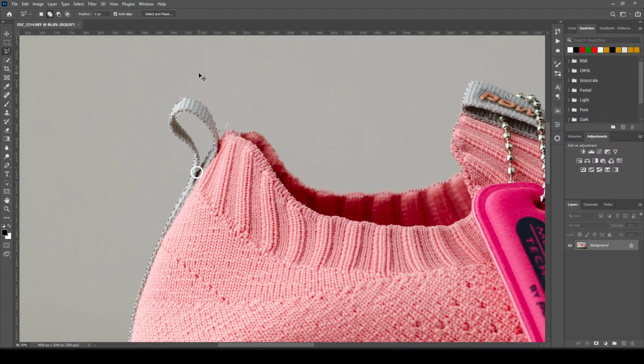So let's Ctrl Z to undo that, and we'll come to our minus here, and we click on this, click on it, and click on it, and go back to where we started from. You see, we actually removed that from the selection, right? So see this part here, we probably want to add this to the selection, so we'll come to our plus,